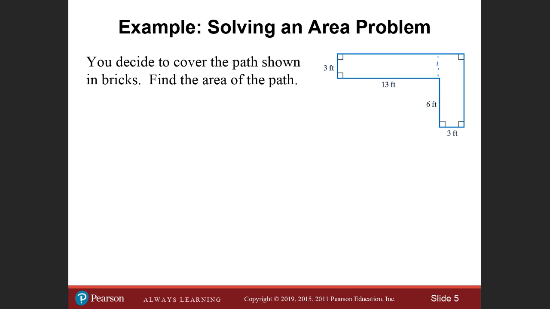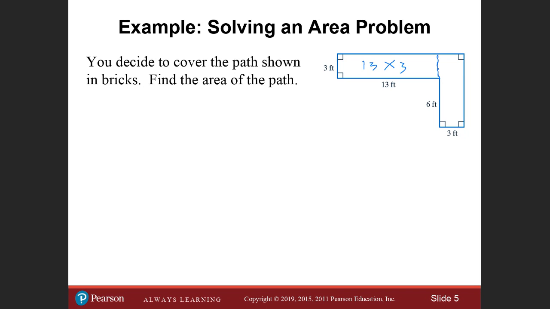I'll just put a line there, and you have a 13 by 3. And the other one is